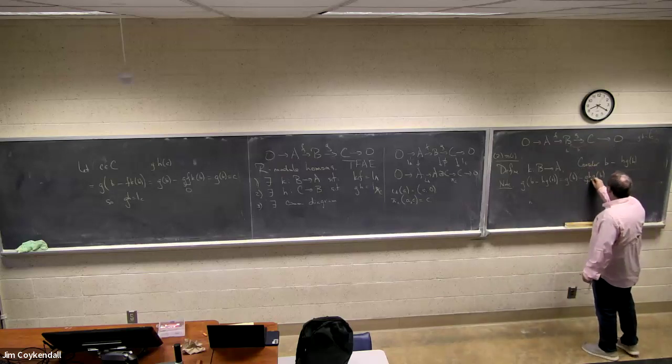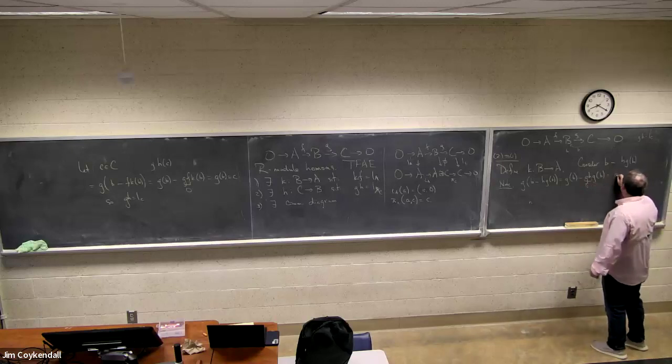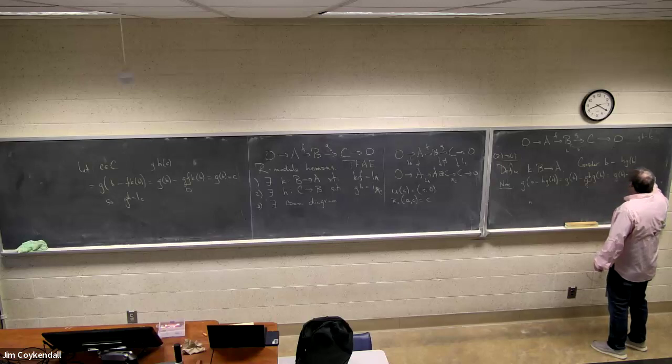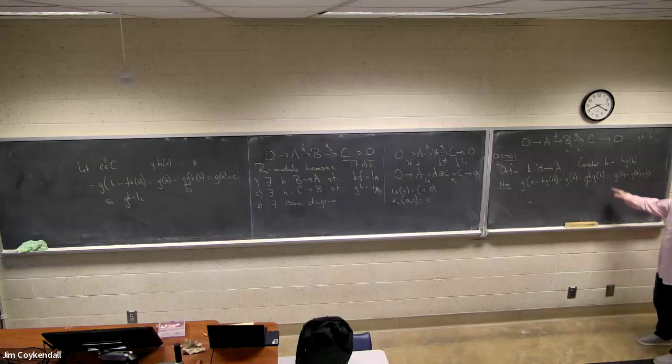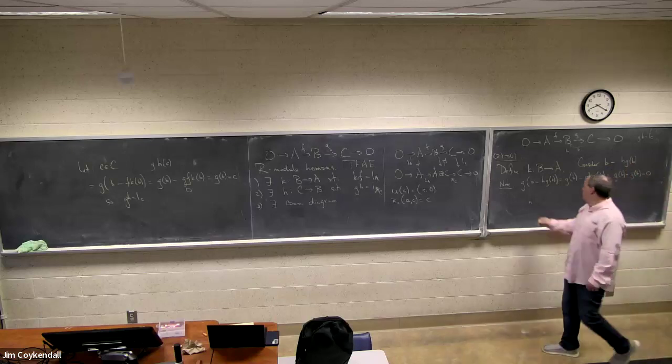But this bit is the identity on C. So this is G of B minus G of B, 0. B is not in the kernel necessarily, but it is. So I am going to choose